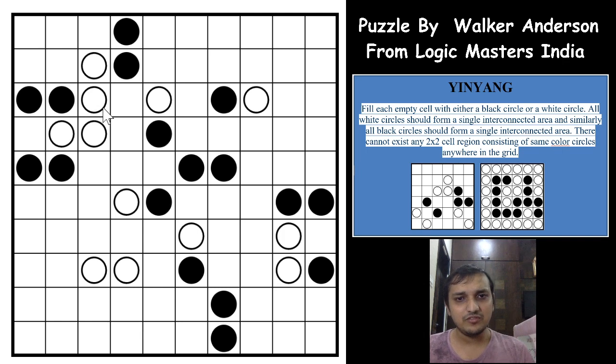Now if you see, we are still not getting any concrete logic here, but we have again formed an instance of the trick that I have mentioned earlier: 2 white circles leaving 2 cells, and 1 white and 1 black, which means that this circle has to be black, right? It cannot be white according to that trick which I explained. Now because of this black circle, we again form an instance here.